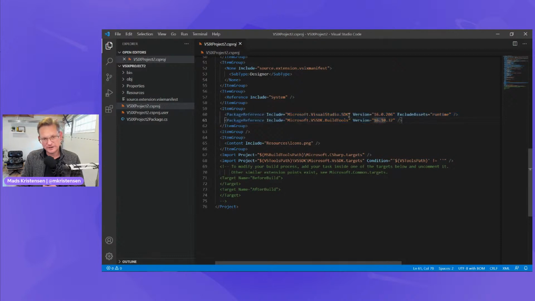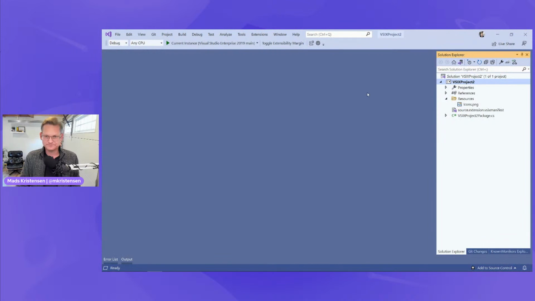And you're using the Microsoft Visual Studio SDK and the build tools, these two. These two make up the SDK. This is the SDK, and this is how you build it, right? So you want both of those as package references. And once you have that, you have modernized your app. So step one, modernize your extension.